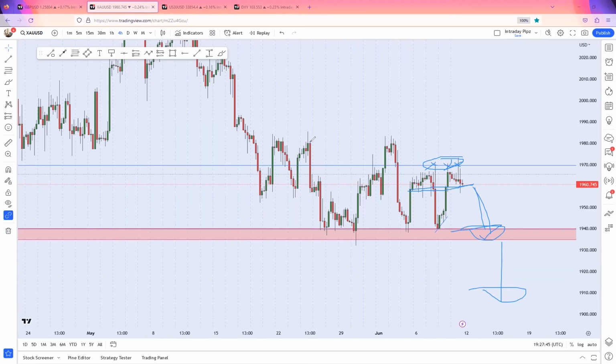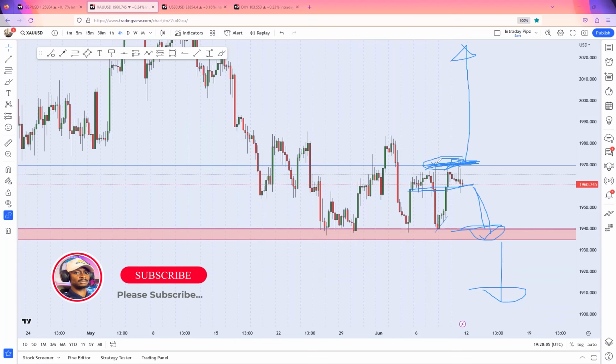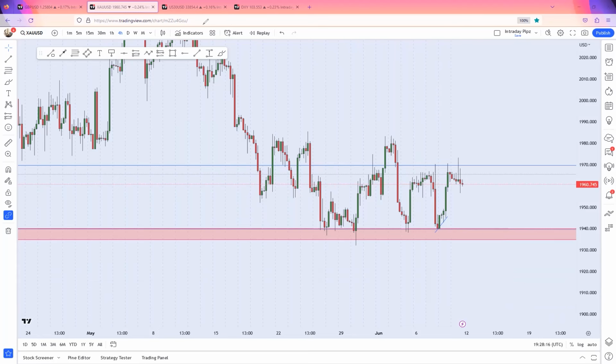Now looking at price action, if this high that has been tested a series of times is also broken, if price closes above it, then we should see price fly upwards. So now this area becomes a reference point because price has been trading within that area for some time. It has tested that area, so it becomes a reference point. Technically, price is trading within a range on the 4-hour time frame. So this is the range that price is currently trading within.